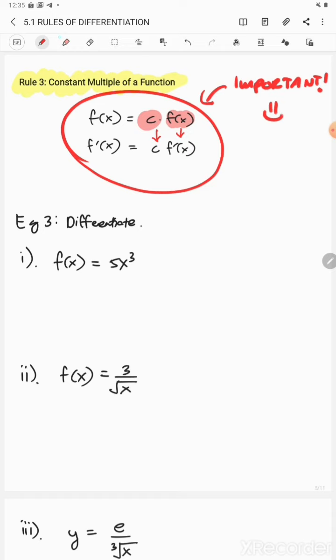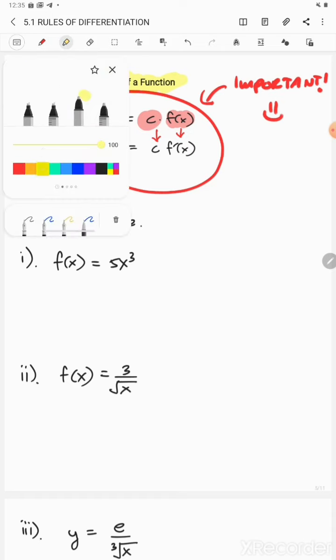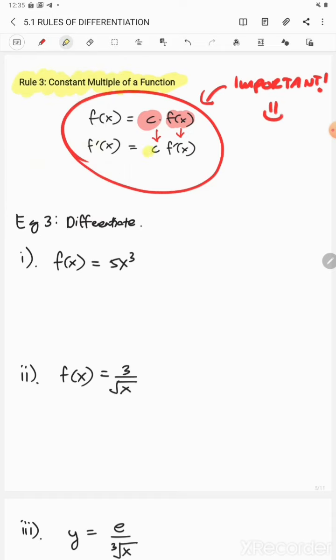Okay, we can see here f prime x. You have to remember, just bring down the constant and then differentiate only the function. Okay, so now example 3, differentiate example 1,